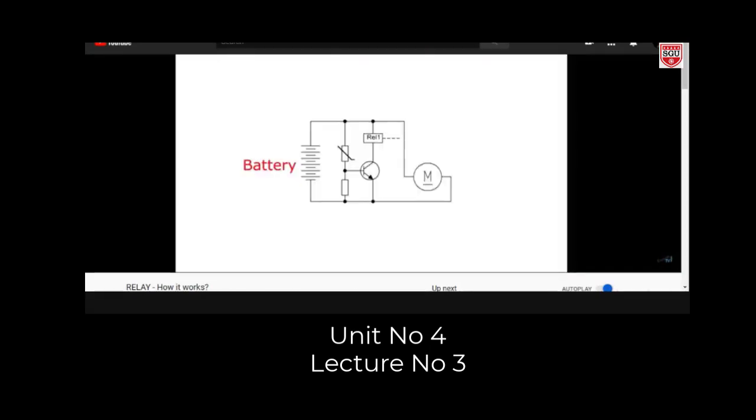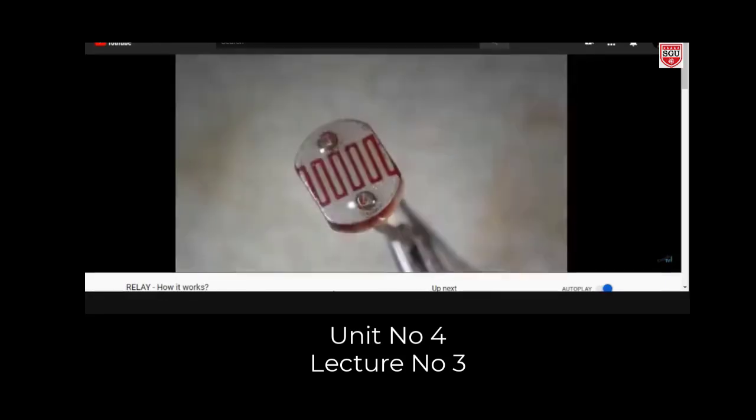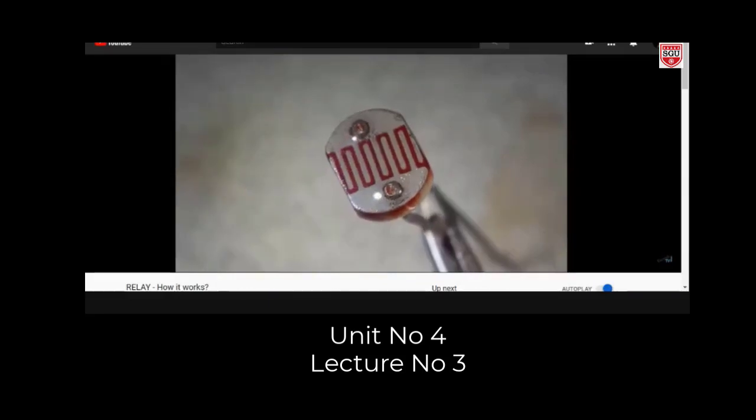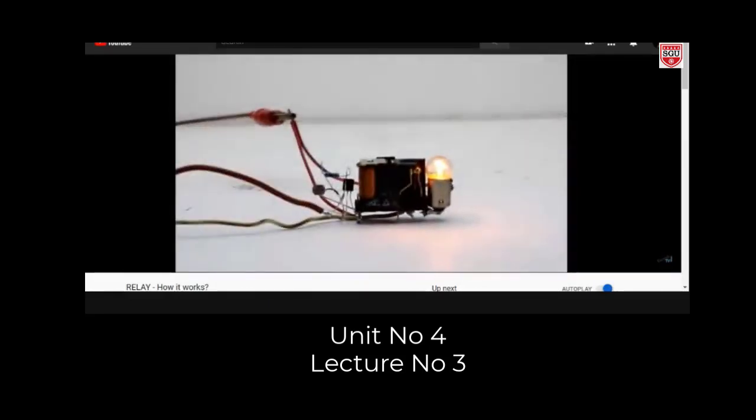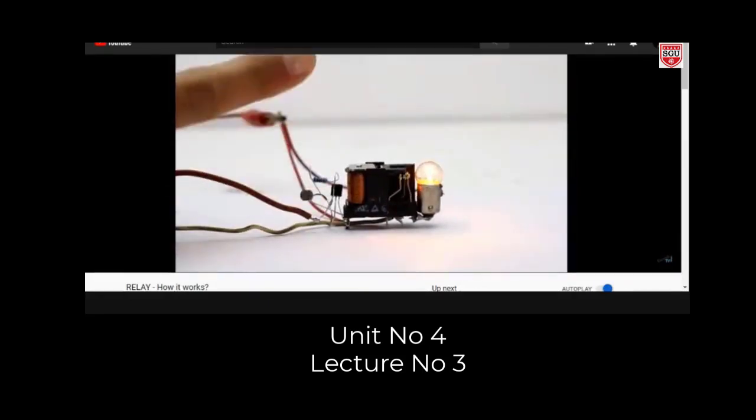As another example, let's examine the simple thermal relay. In this scheme, we see a thermistor that changes its resistance depending on the ambient temperature. With increasing or decreasing temperature, the transistor will act and supply power to the solenoid coil, so a relay can activate a cooling system or, on the contrary, heating. Using a photoresistor instead of a thermistor, we will get an automatic switch that can turn the lights on in darkness.